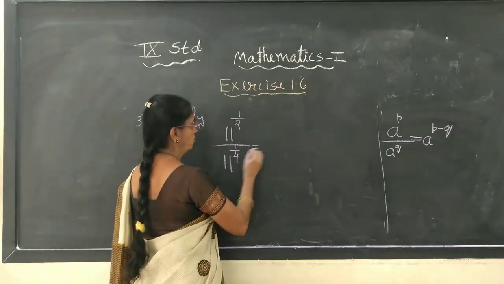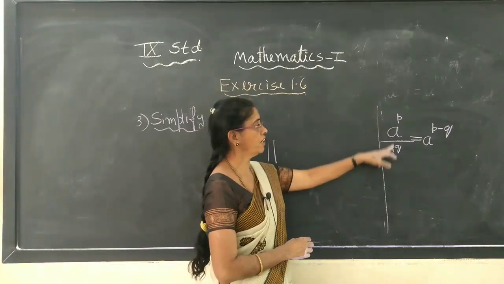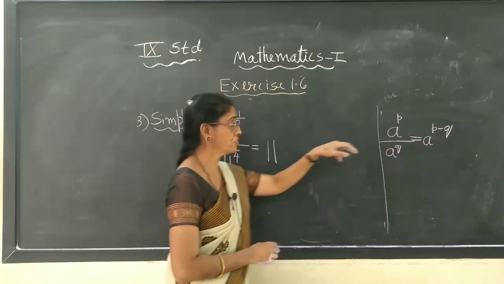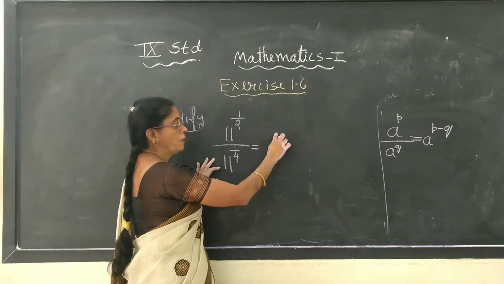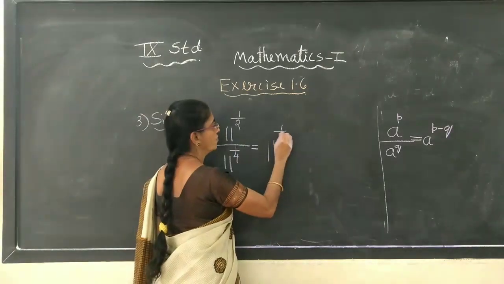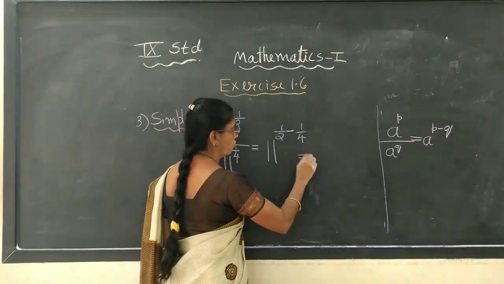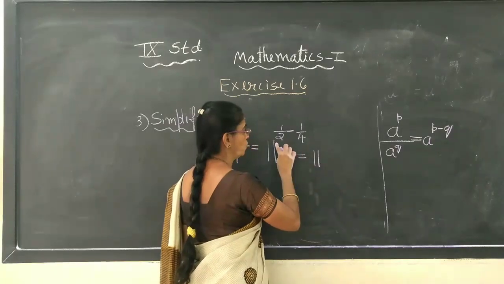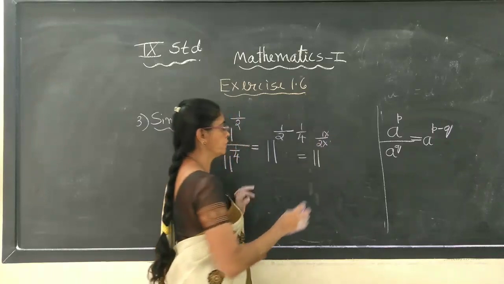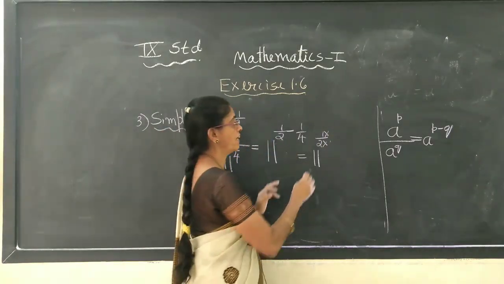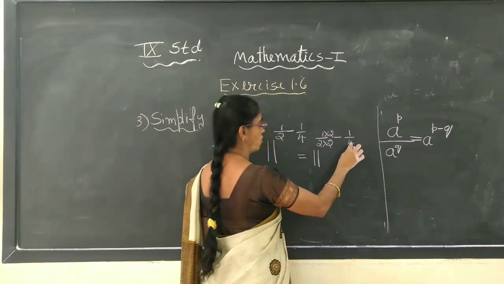It is equal to 11. This is also 11, this is also 11. It is also a, it is also a, but the value of the exponent is different. So we will apply it. When we are dividing, the exponent value, the power index, will be negative, minus. So it is half minus 1 by 4. Again do the common denominator. Which is the common denominator? 2 and 4. 4 is the common denominator. So which number should I multiply to make 2 as 4? Multiply it by 2. This write as it is, because it's already in 4.